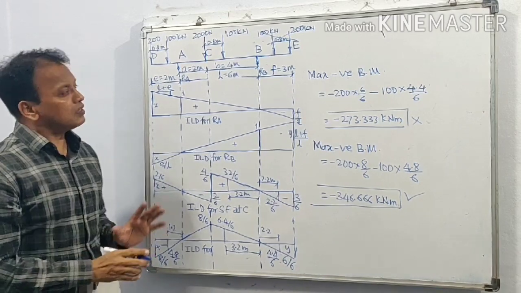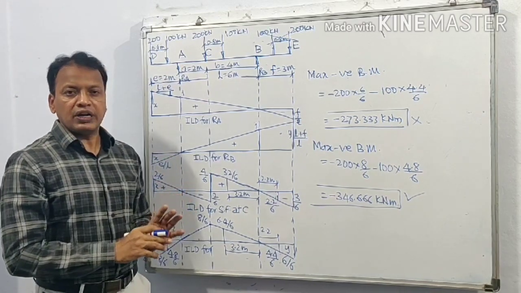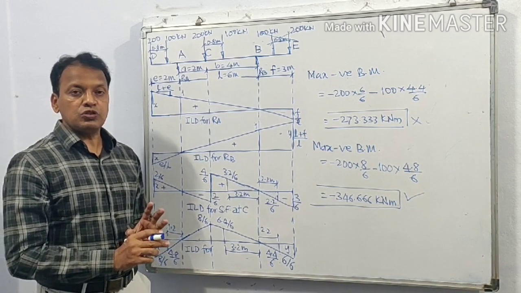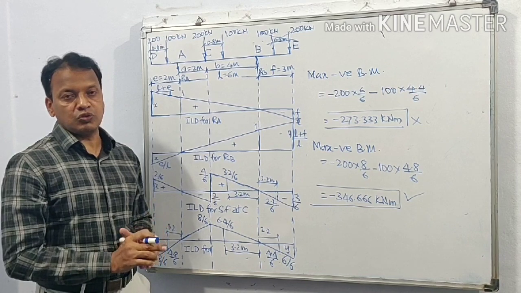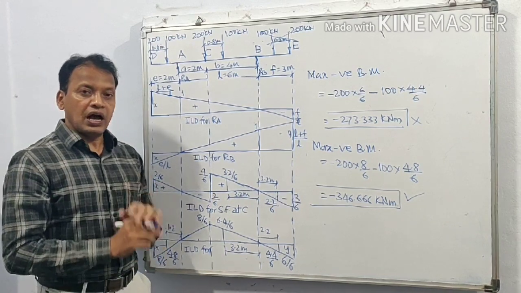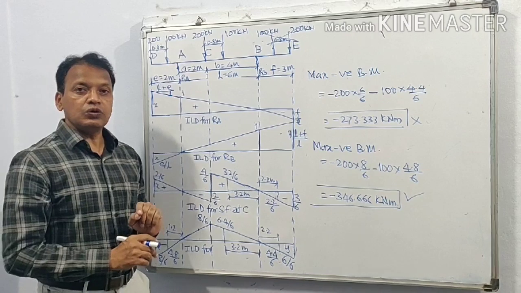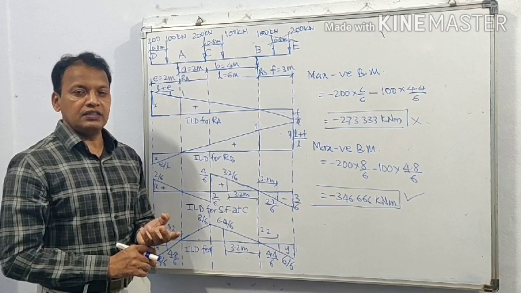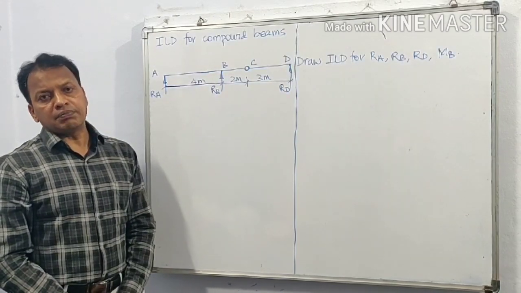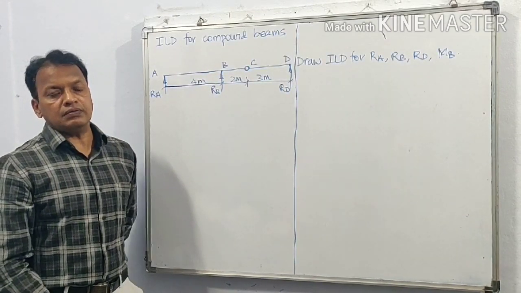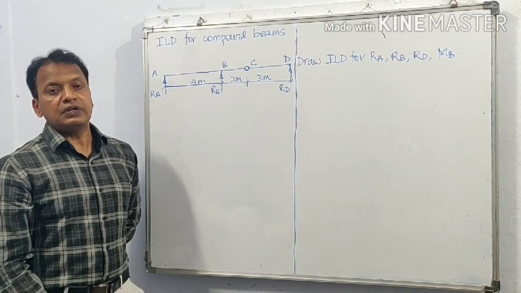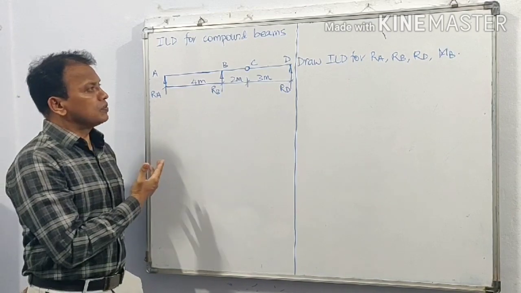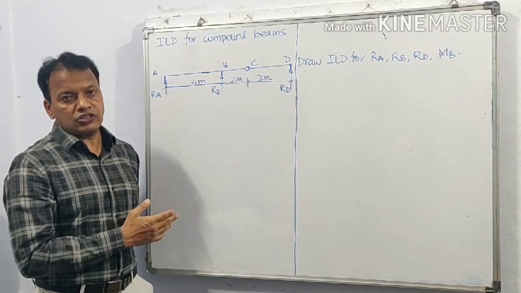bending moment. Thus for the given overhanging beam, we have calculated the maximum positive shear force, maximum negative shear force, maximum positive bending moment and maximum negative bending moment, and the respective critical positions of moving loads when any load can lead the other. We are familiar with compound beams. For compound beams we are asked to draw influence line diagrams for various functions such as shear force, bending moment or reactions.